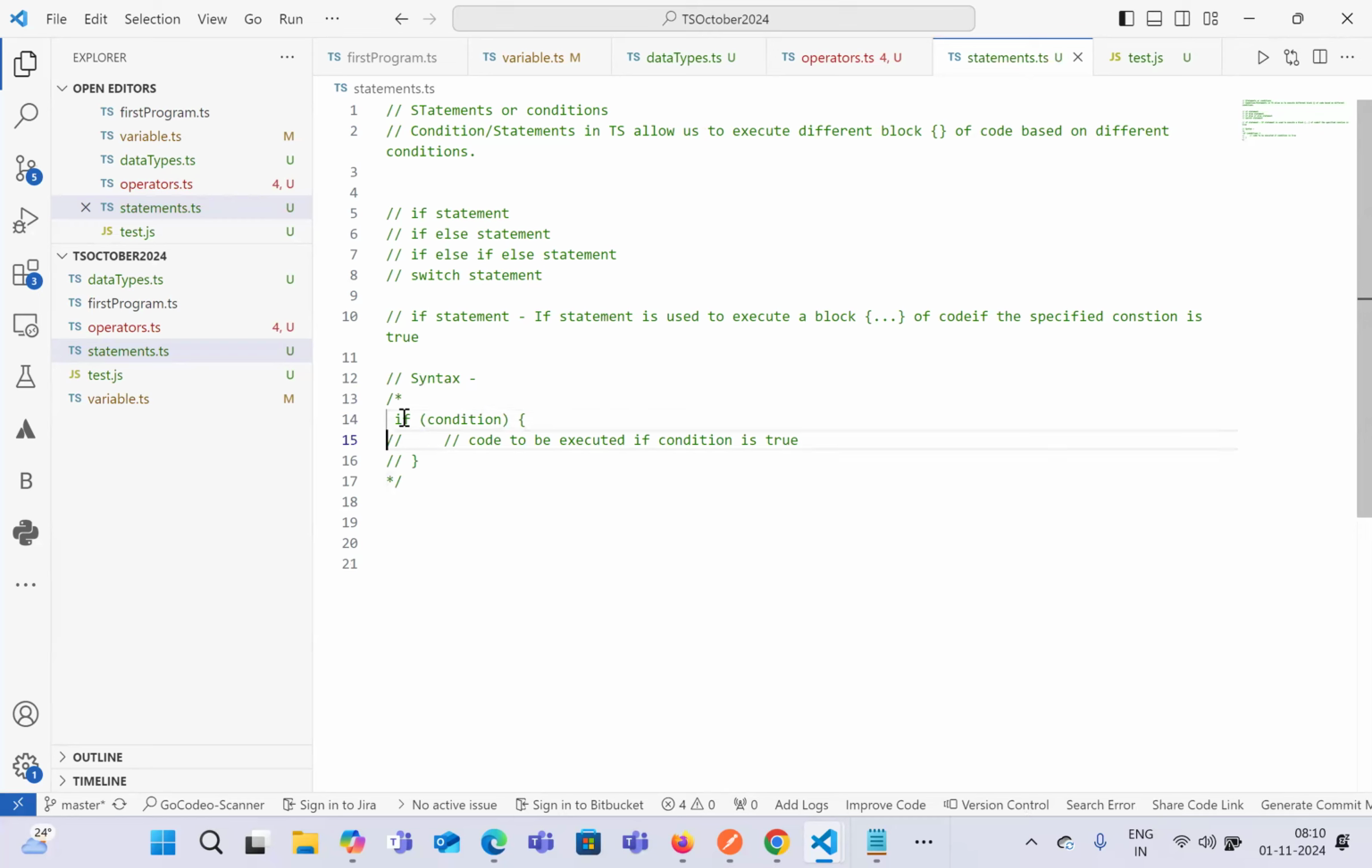So if you see over here, this is the complete syntax of the declaration of an if statement. We'll use a keyword known as if. Inside this, we'll be writing a condition inside the parenthesis, which is also known as a small bracket. Inside this, we write a condition, and this condition will either result in a true value or